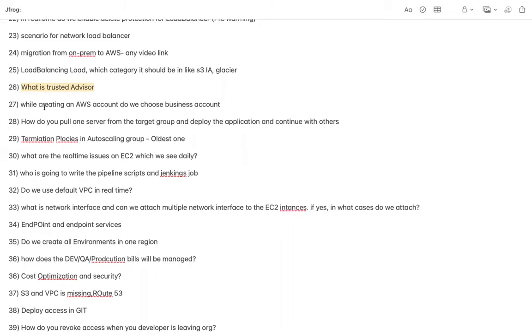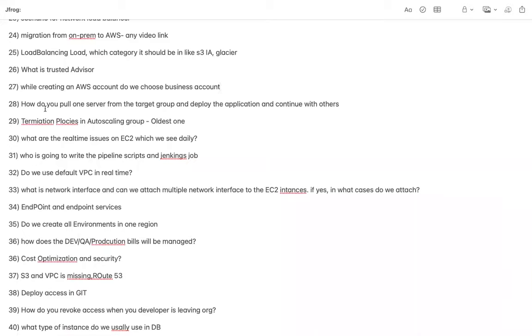Okay, so while creating an AWS account, do we choose a business account? Yes, the answer is yes. When we are creating production accounts, ideally we are supposed to select business support as well. Why is it so? Because what if something goes wrong? We cannot say that we do not have production support, and that is why we were not able to resolve the issue in time. Moreover, whenever we onboard any of our customers, they ask us whether we have production support enabled from the particular CSP, the cloud service provider. So yes, we have to be very responsive in that case, and we need to select business support.